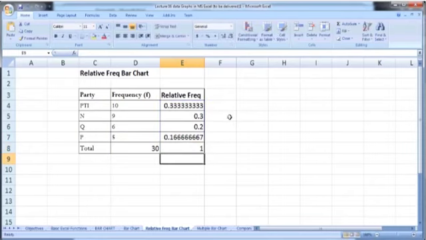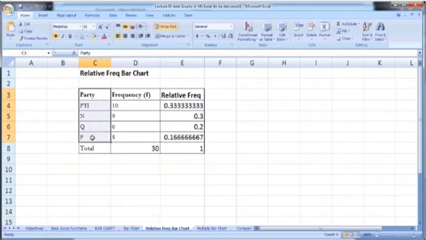Now we want to construct a bar chart of relative frequencies. So select this first column, the parties, and press the control button on your keyboard, keep pressing it down, and next select the relative frequency column. I have used the control key because I don't want to select the middle column containing frequencies. An alternative way is to just copy the parties column and the third column in some other place side by side, and then construct a chart, select chart type as column, and you will get the simple bar chart.